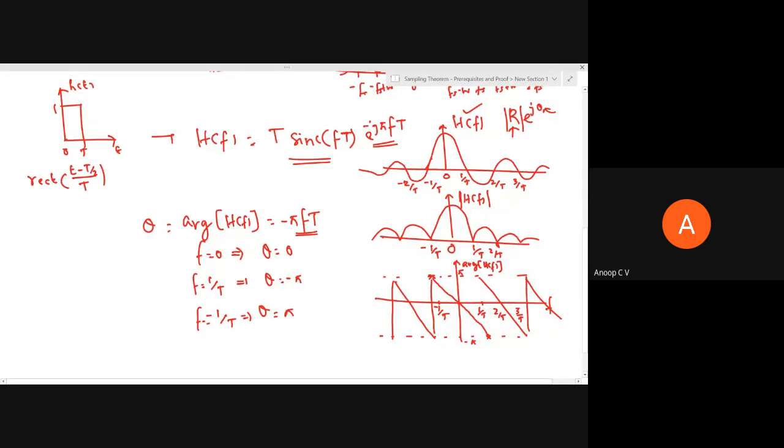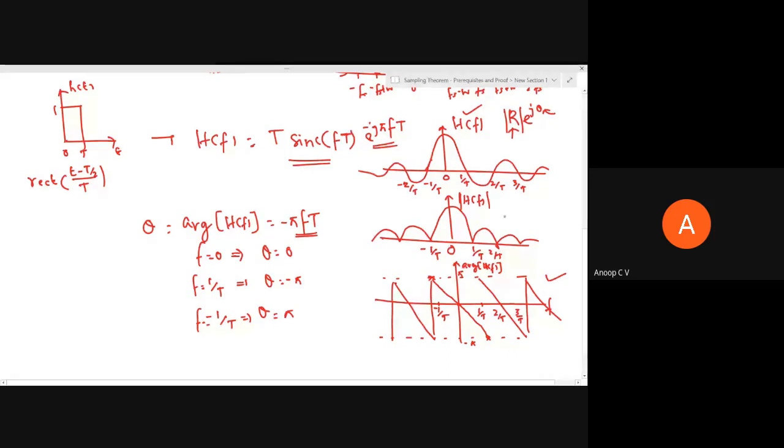So maybe I'm not making comments on this, as this is not much important to us, as this is beyond the scope of our syllabus detailed discussion. So please do keep this in mind. Please appreciate this. These are not actually rocket science. It's simple. If you know the concept of complex number, then you should be able to appreciate the concepts of magnitude and phase response. So this is phase response.